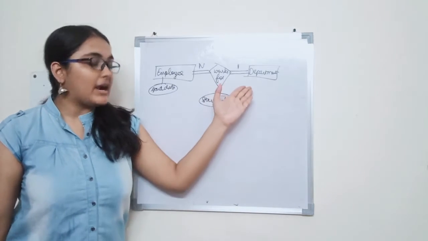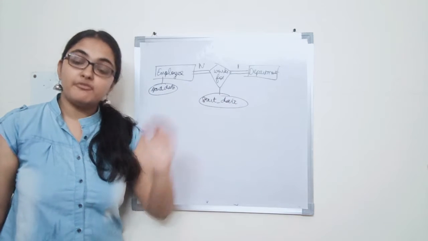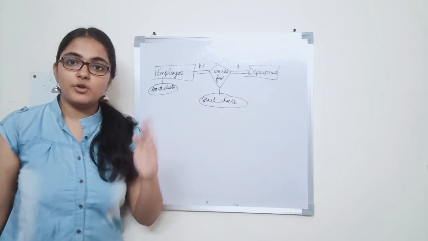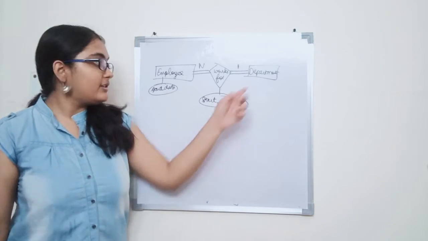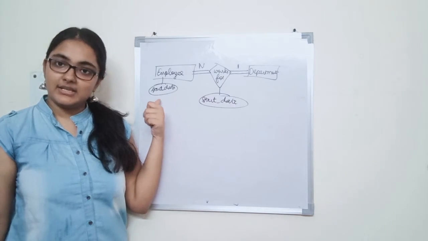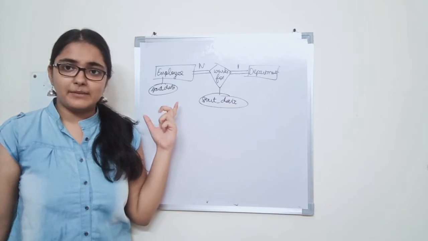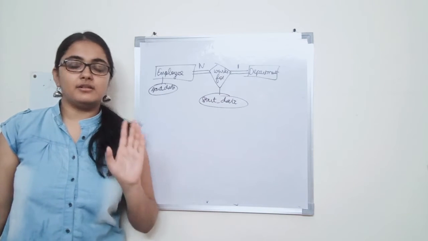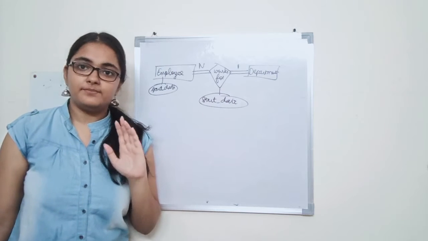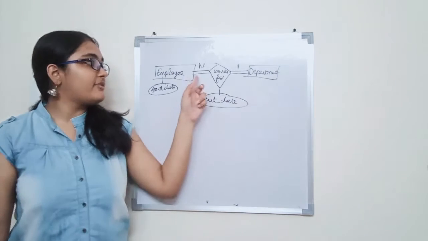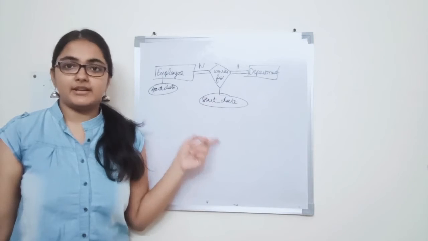Why? Because a department can have many employees, so it has to record the start date of many employees when each employee has started to work for that particular department. So in order to avoid it, we migrate start date to this side, because an employee can work for at most one department, and for every employee we record the start date for which it has started working for the particular department. Alright, so in case of n:1 relationship, the attribute of the relationship type is always migrated to the n side.